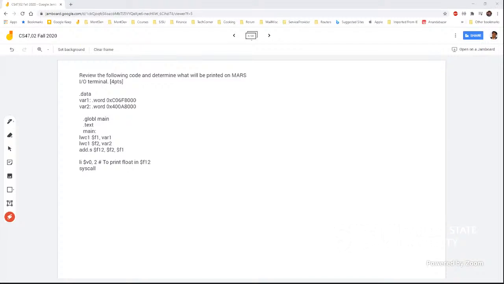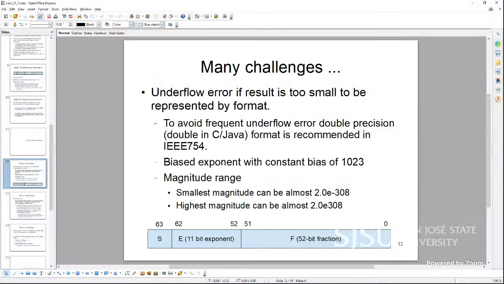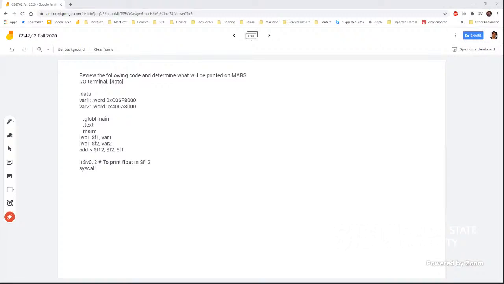Okay, now the first bit pattern, we are loading on the F1, right? So my F1 is C06F8000, which means